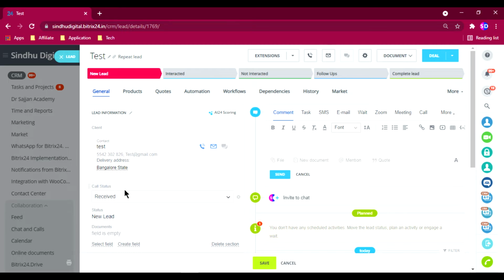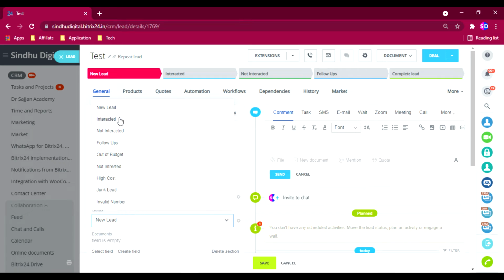Whenever the customer has interacted, the lead has to move to the other stage. For that you need to change the lead stage from new lead to interacted stage. The customer had received my call, so I'll mark it as interacted.